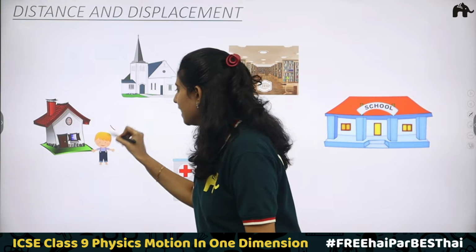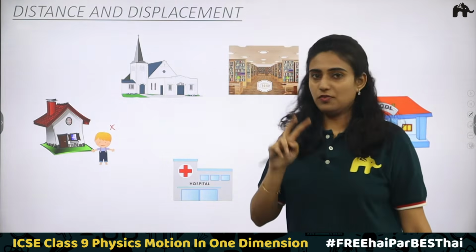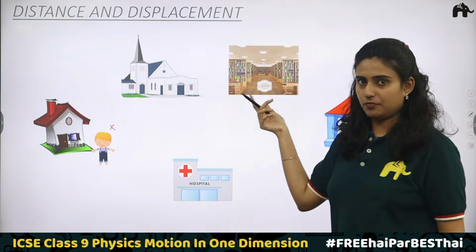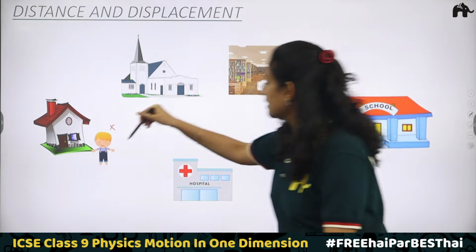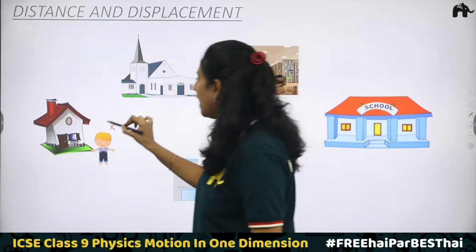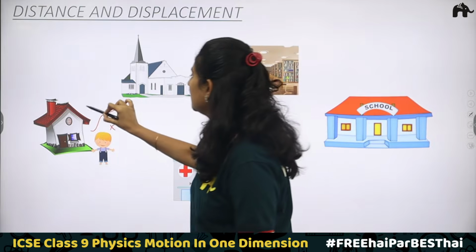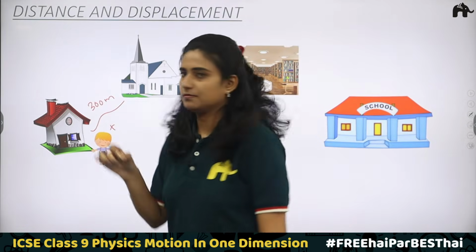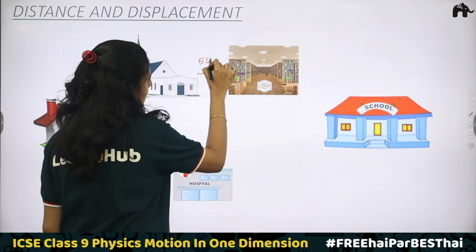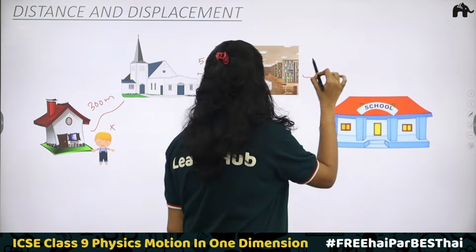Here we have X. X is going to school from his home. Okay, here he can go in two ways. The first way is passing through the church and the library. Okay, second path is passing a hospital. So let's take the first path. Okay, here let's say that from home to church the distance is 300 meter. Okay, from church to library the distance is 500 meters, and from library to school the distance is